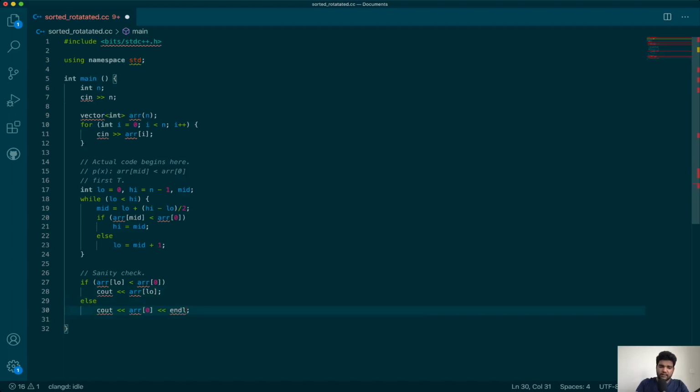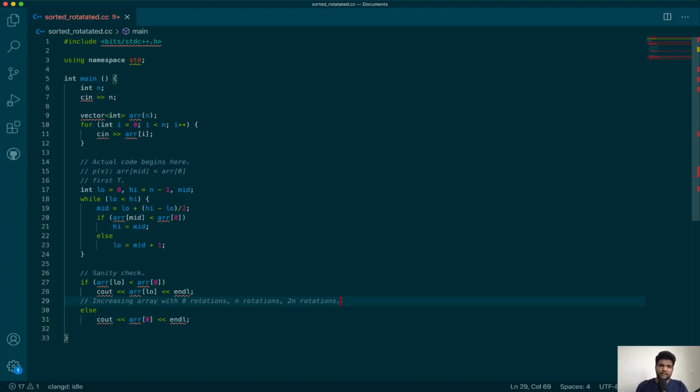So this is our sanity check, a little non-trivial compared to others. This else part basically tells us that it's a completely increasing array with 0 rotations, or you can say n rotations or 2n rotations, right? You can see the periodicity, right? That case we will have to handle separately.